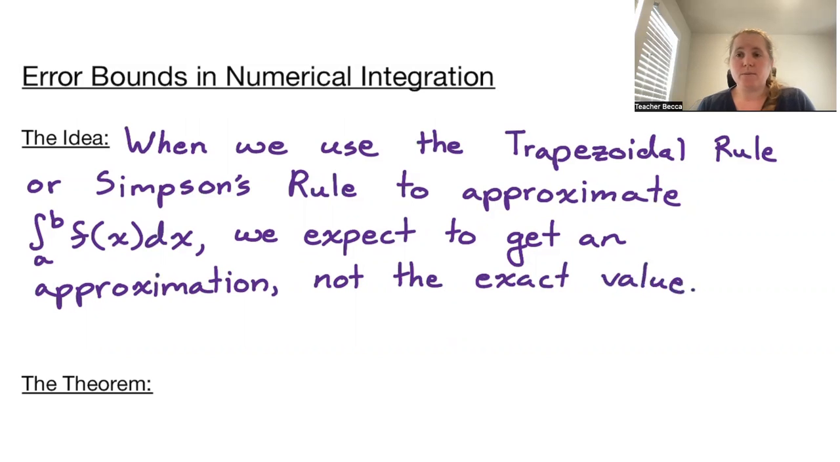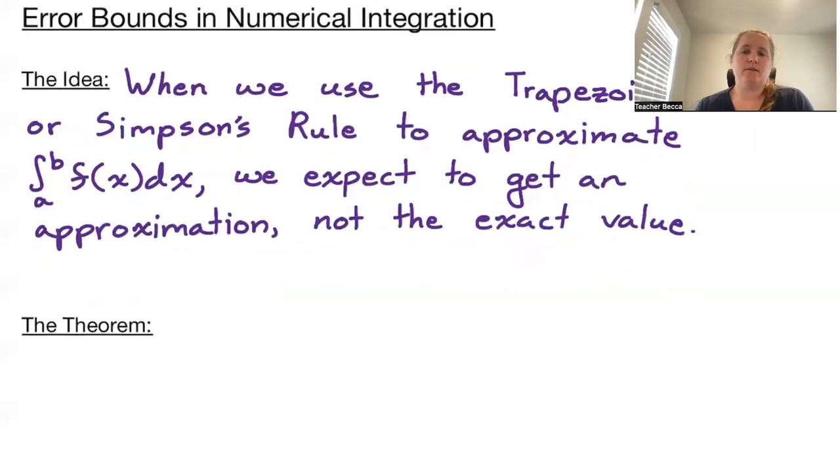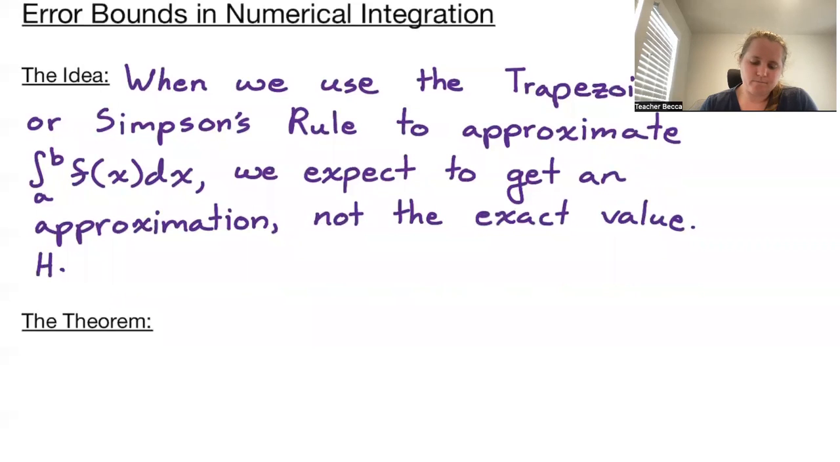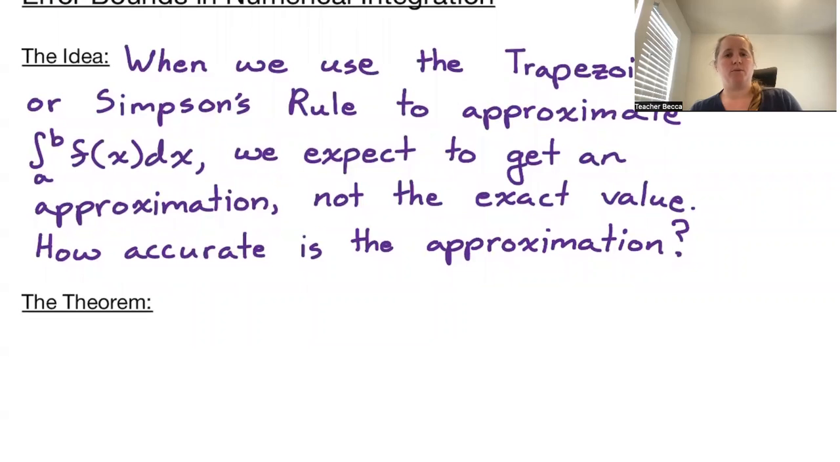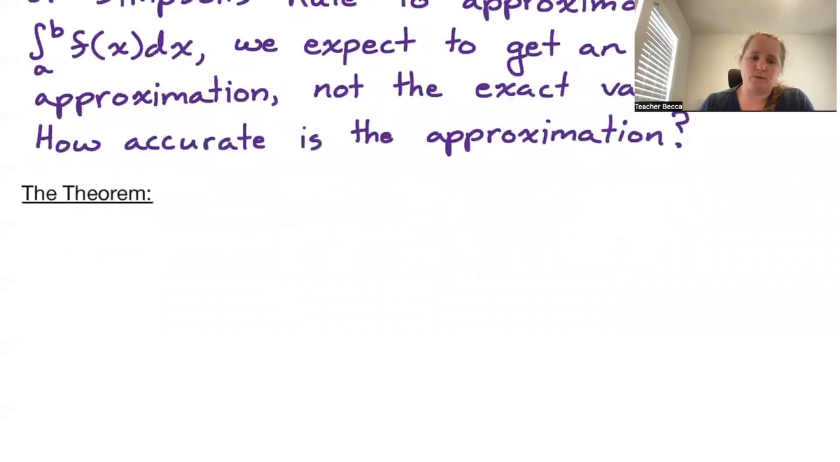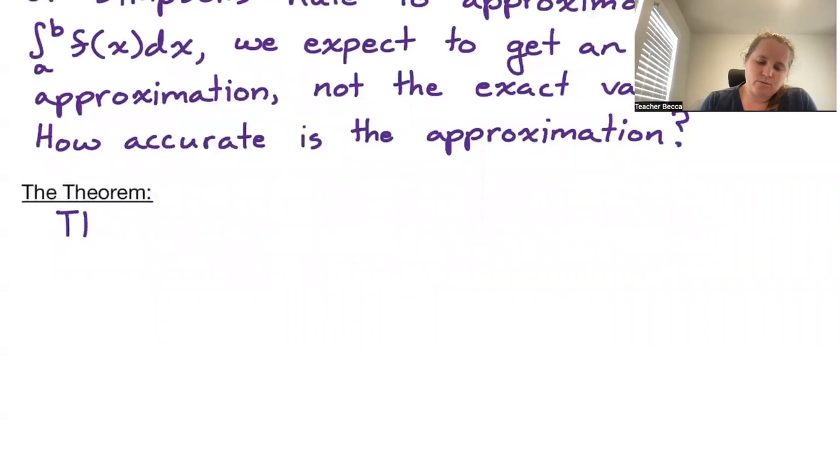So the question becomes, how accurate is the approximation? It turns out there are some pretty quick formulas that we can use for bounding what that expected error is. We'll have a formula for the trapezoidal rule and a formula for Simpson's rule. So for the trapezoidal rule error bound,